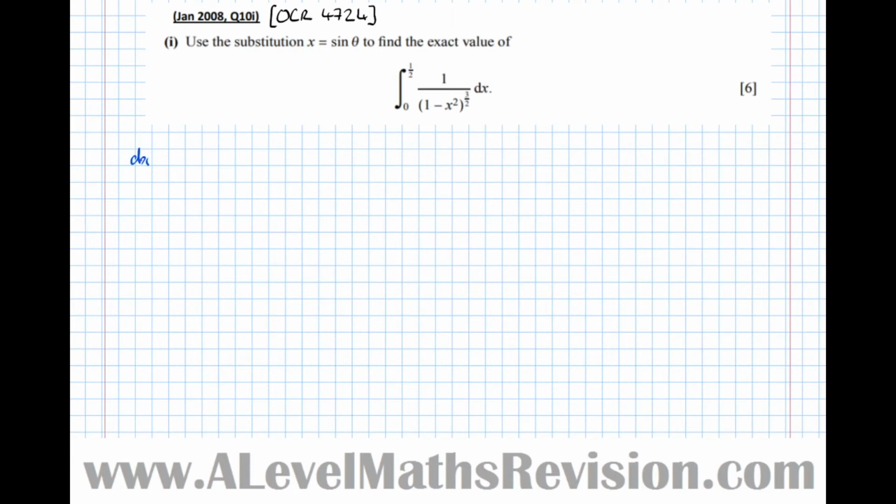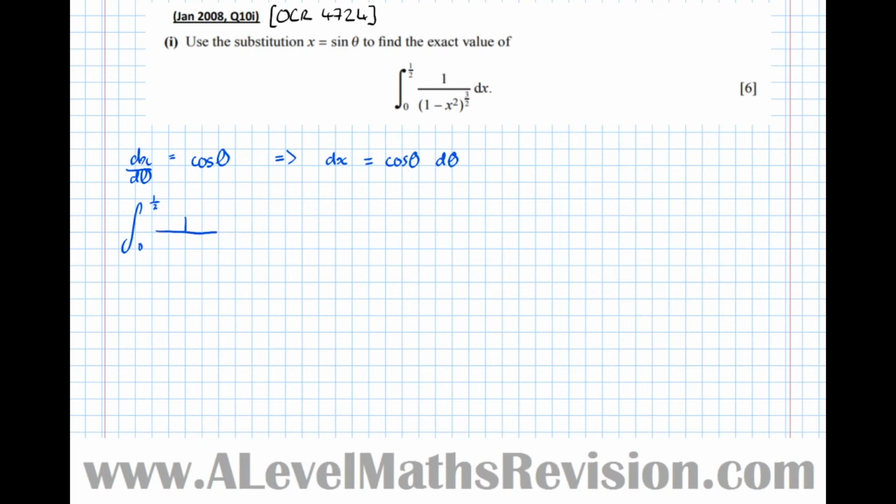So dx by d theta simply equals cos theta. And make that say dx equals, which means that dx equals cos theta d theta. Okay, so now we've got the integral between a half and 0,